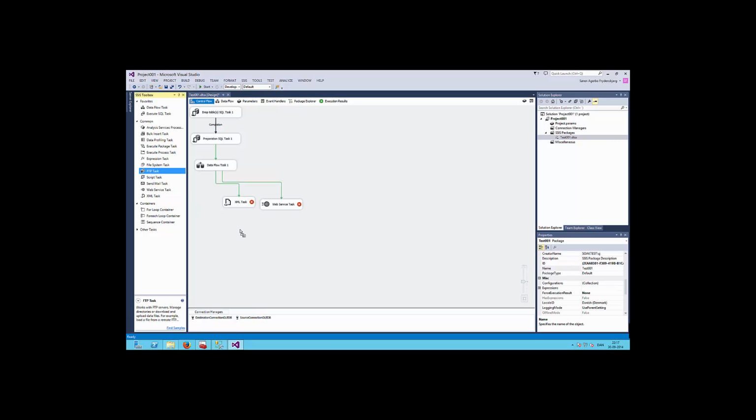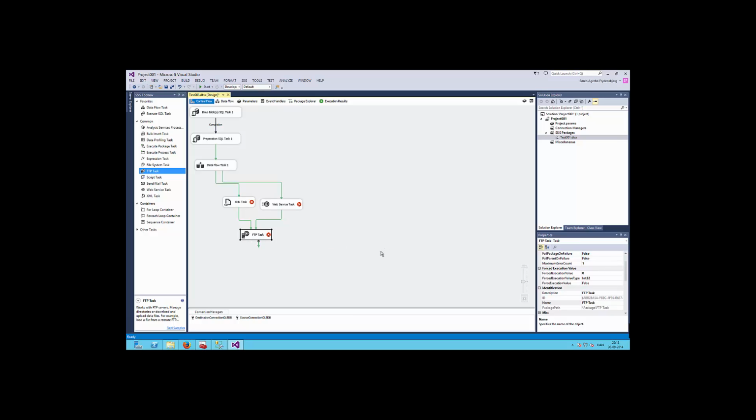Then I could take an FTP task like this also. The red crosses inside the circle means that they are not configured, and the package will not run before they are configured. So the control flow will now start here, do this task, then do this task, then do this task, then do these 2 tasks, and perhaps do this task.